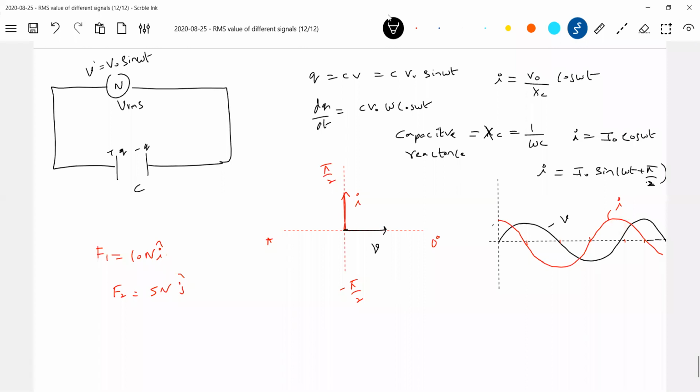So what do you mean by plus pi by 2? It is having a phase of pi by 2. So I represent this, which is called a phasor now. So what about current and voltages in an AC circuit? They are vectors, in the simplest way.